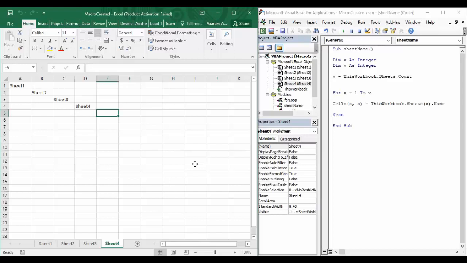In today's Microsoft Excel VBA video, we are going to look at the different types of loops that are available to us in Microsoft Excel. In the previous few videos, we have already taken a look at the for loop in detail. The for loop is one of the most popular loops, but this does not mean that it is the only loop we have. We actually have four loops in Microsoft Excel: the for loop, which we have already studied, then the for each next loop, the do while loop, and the do until loop.